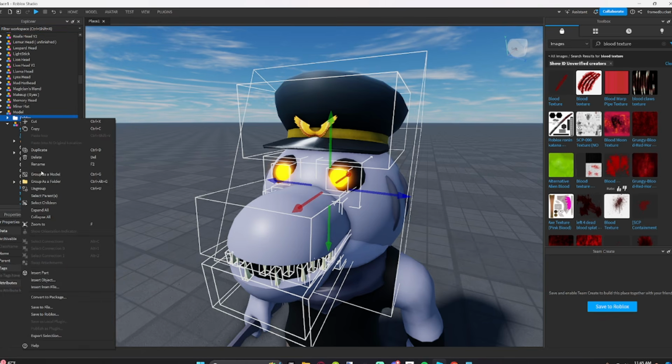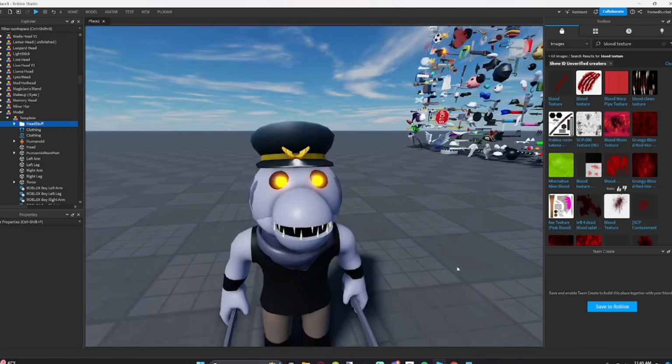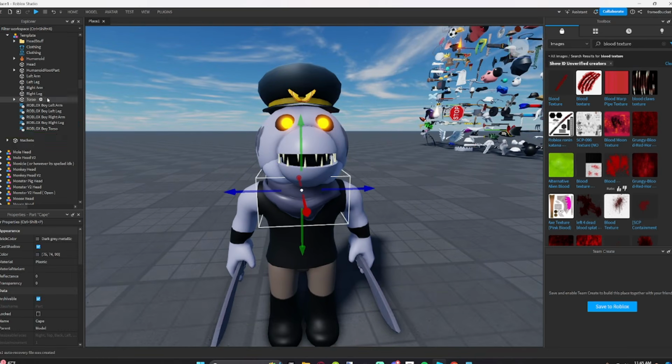and create a folder. I'm just gonna call this head stuff, and then put it inside the template. So now we got the head finished, which is probably the biggest part, and we got the cape, so